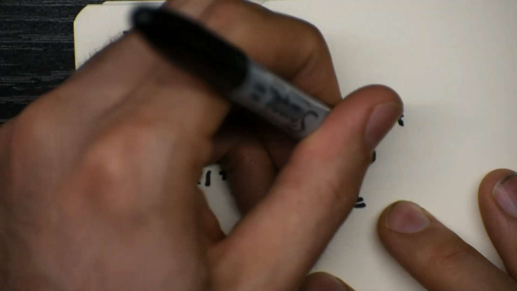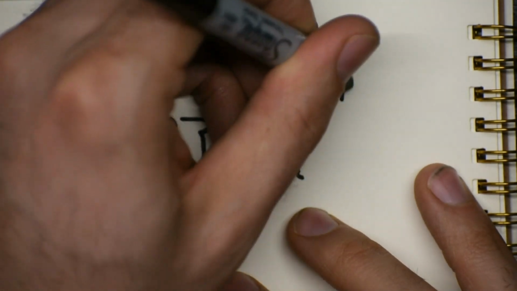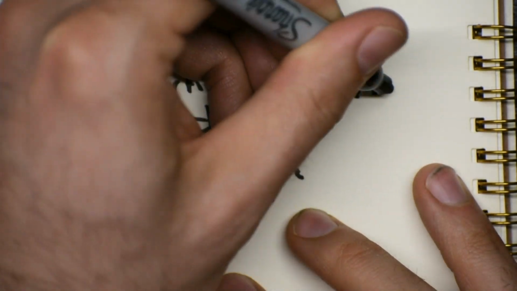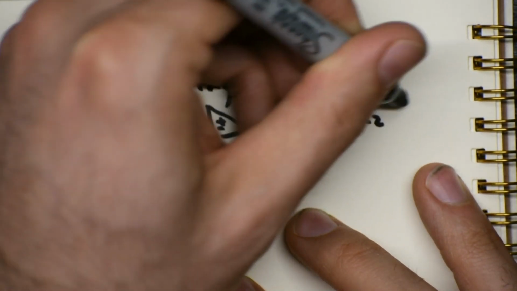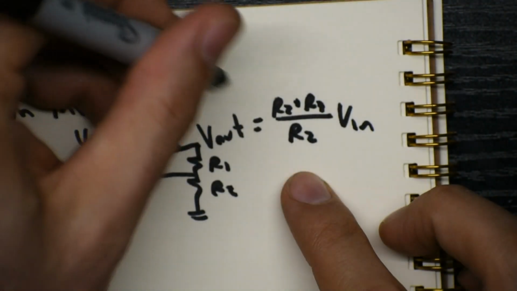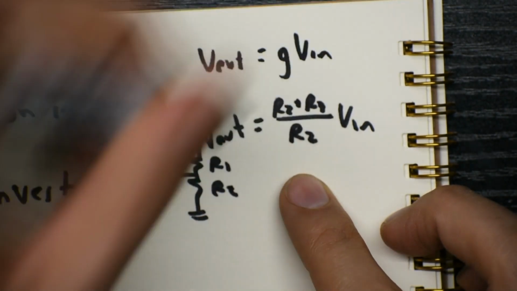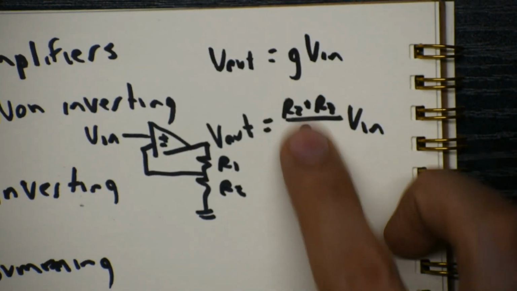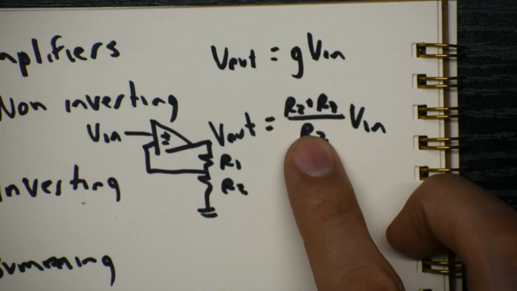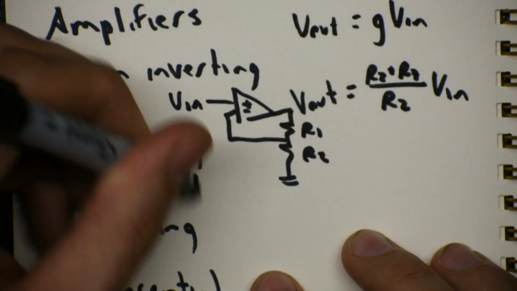V out is the sum of the two resistors, or the one that goes to the ground, V in. So we call this our gain. V out is always the gain, little g, times V in. So in this case, little g is always bigger than 1 and always positive. Our inverting style op amp